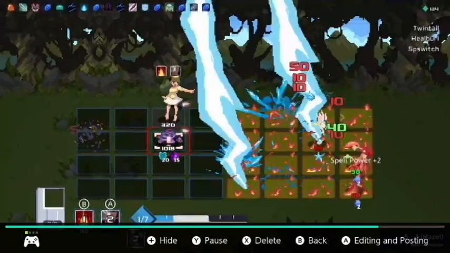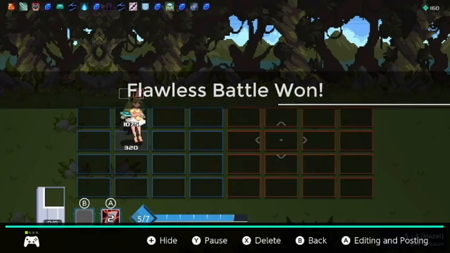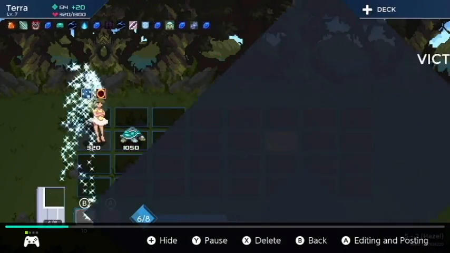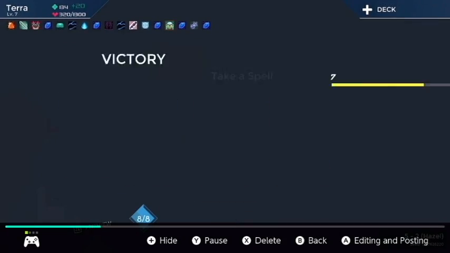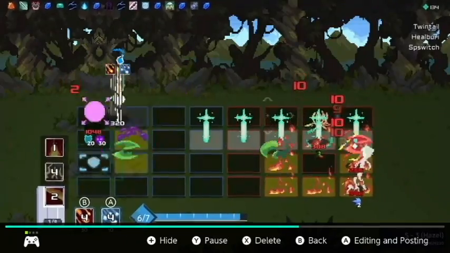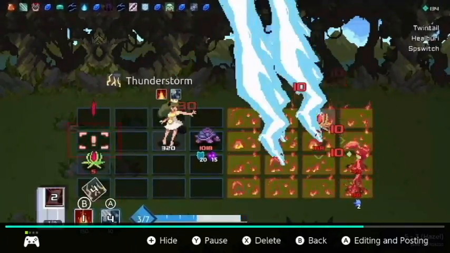What's rare? What's really rare, or at least relatively rare: Firestorm, Thunderstorm, and Hailstorm. Getting all three of those in the same build is... yeah, good luck trying to get those off. They hurt, they're flashy, but...